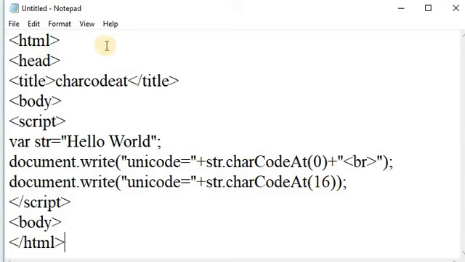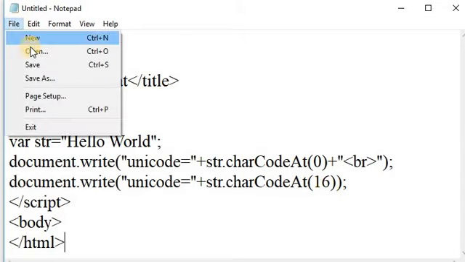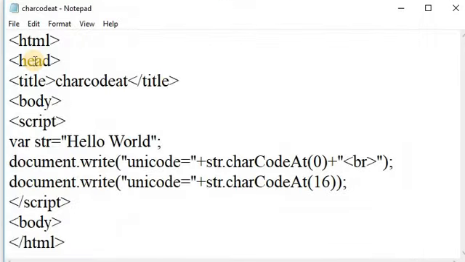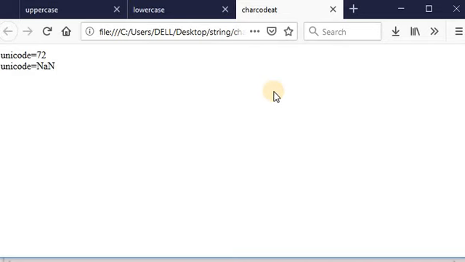Let us see the output of this program. First of all, save this file and see the output of this program. This is the output of our program. Here in this program it returns 72, and after that it returns NaN.